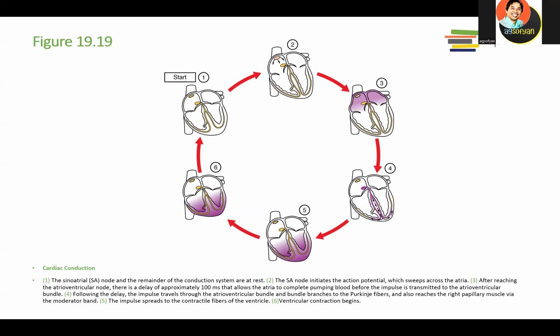Okay, this is kind of the cycle of this contraction. Again, start from here. This is the SA node. So the SA node sends the impulses to the internodal pathway over here, and then spreads it to the whole muscle of the atria, and then it will push the blood down. Okay, the ventricle muscle is not contracted yet because the electricity will stop a little bit here.